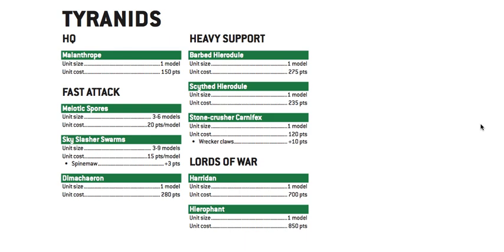So next we have the Demicaran. 280 points for the Demicaran. Strong unit. Not really durable, but strong unit for sure. Now that we see some points changes to some of the other strong units, they may start to see a little resurgence now. And then Barbed Haradul,